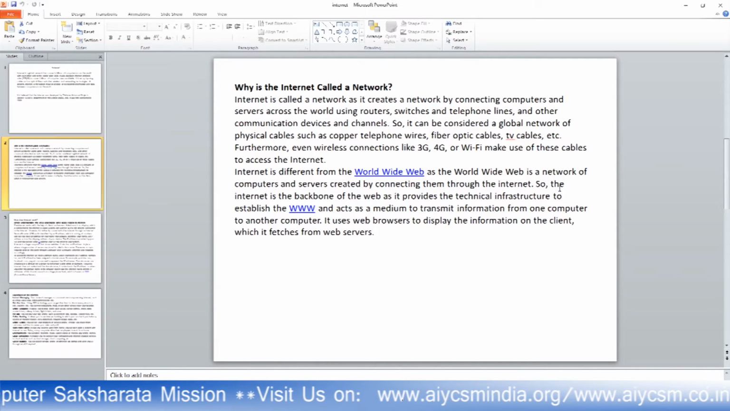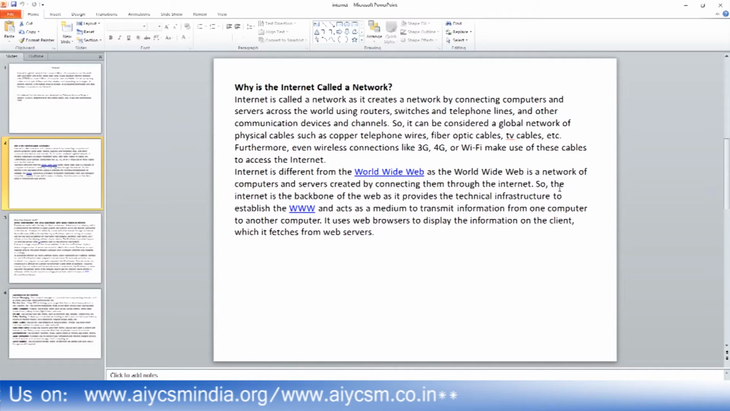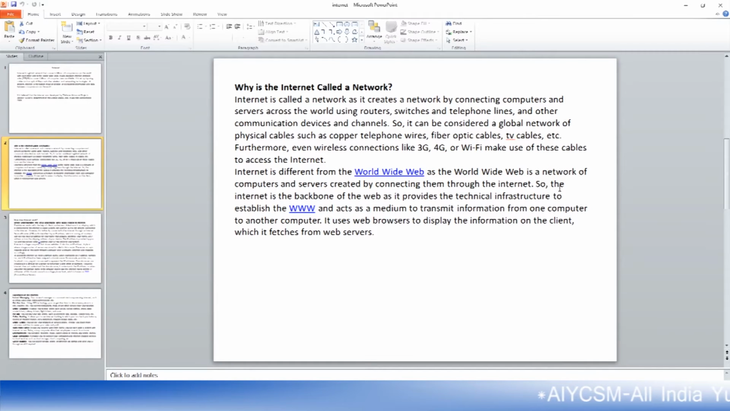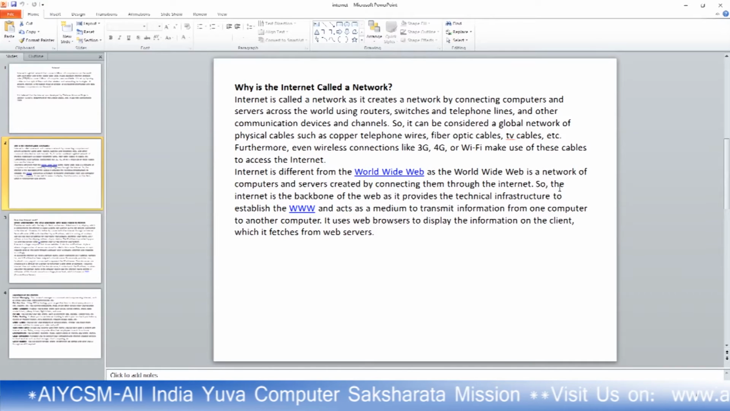But 95% of the internet is connected by fiber optical cable and coaxial cable. Different types of cables are used to connect one computer with another, with the help of some tools. A router is one of the important tools by which we can connect one computer with another. Switches, routers, telephone lines and other communication devices and channels are used to connect one computer to another, so that it